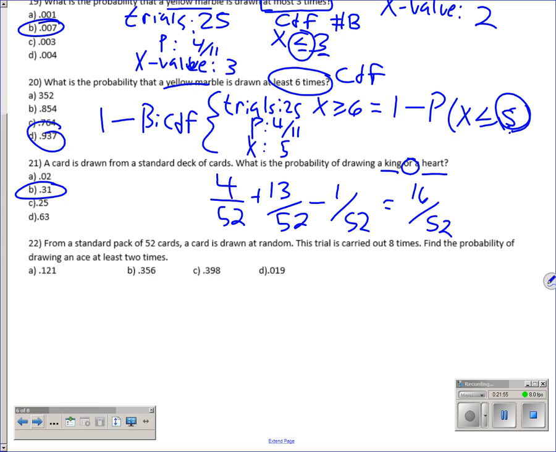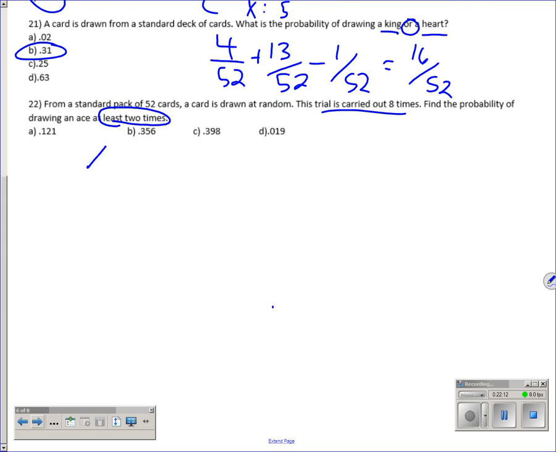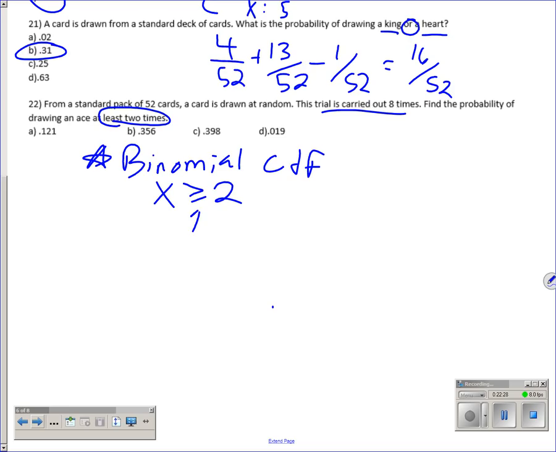And then from a standard pack of 52 cards, a card is drawn at random. The trial is carried out 8 times. Find the probability of drawing an ace at least 2 times. At least 2 times. There's your key phrase. I'm telling you an inequality. That implies that I am doing binomial CDF because of that inequality. So the first step is to write that inequality. That is, x is greater than or equal to 2. Unfortunately, my calculator does not like this symbol. So what I have to do is rewrite that as